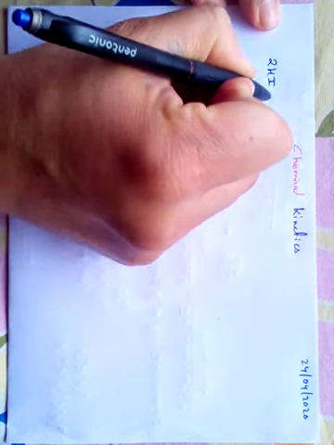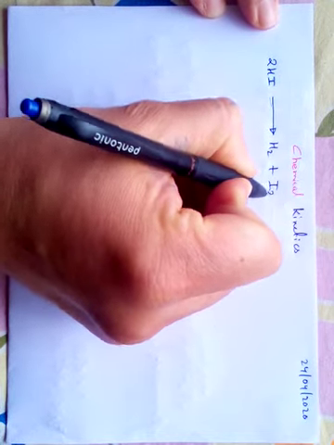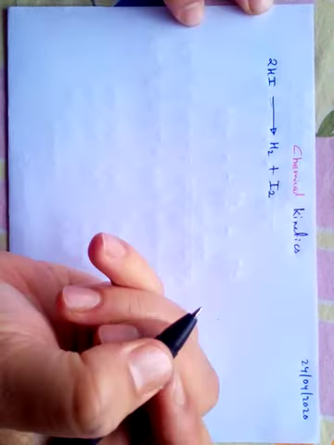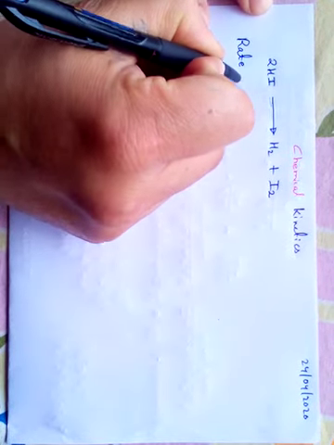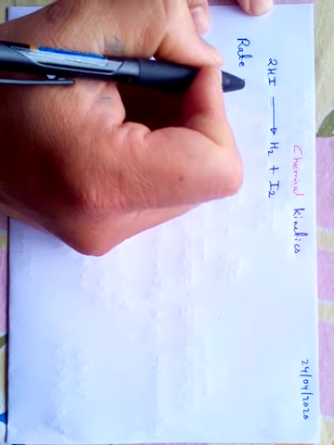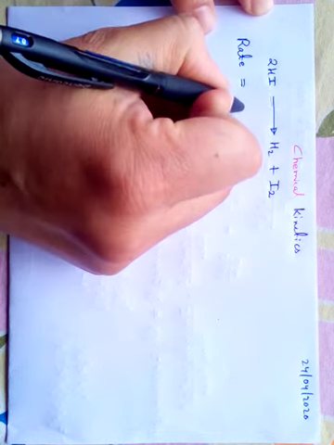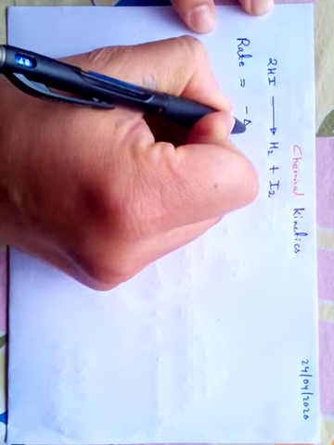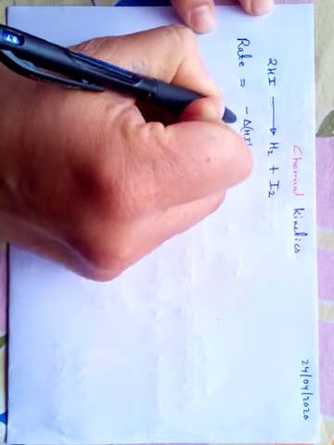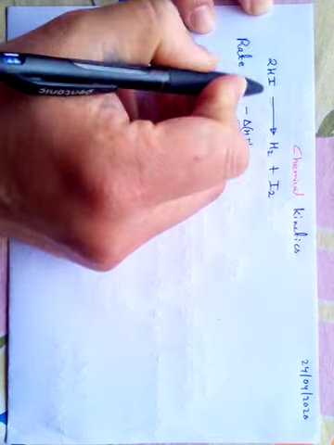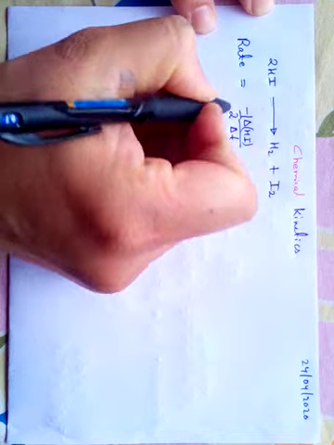2HI gives H2 plus I2. Okay, for this reaction we'll calculate the rate of a reaction. So rate of a reaction equals the rate of disappearance of the reactant. So this is the reactant, so it's minus delta HI by delta T. Now the 2 is here, so this factor will come as 1 by 2,